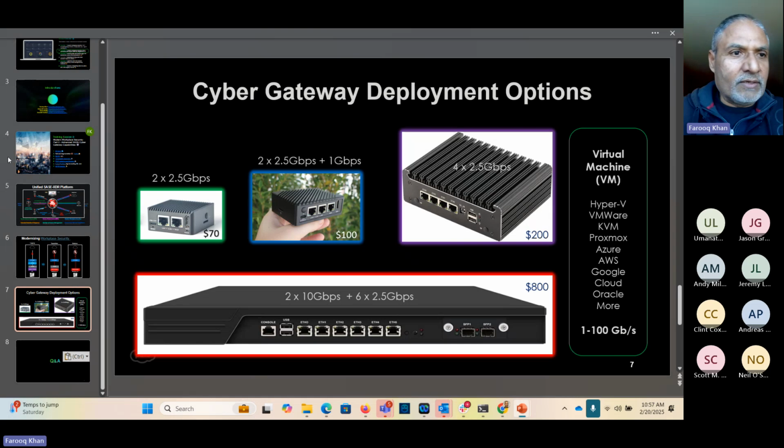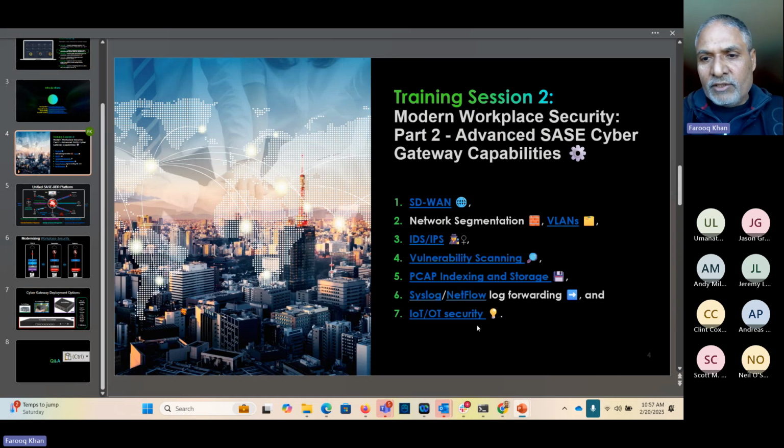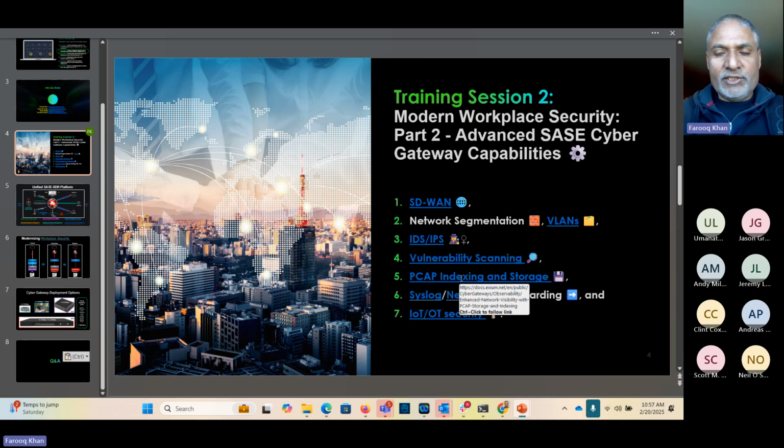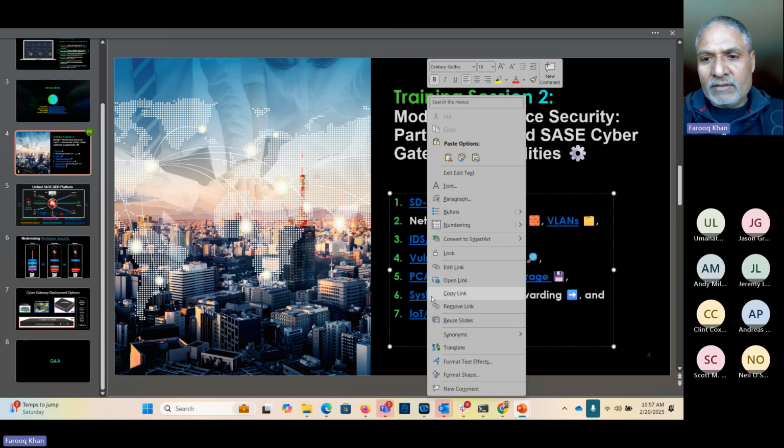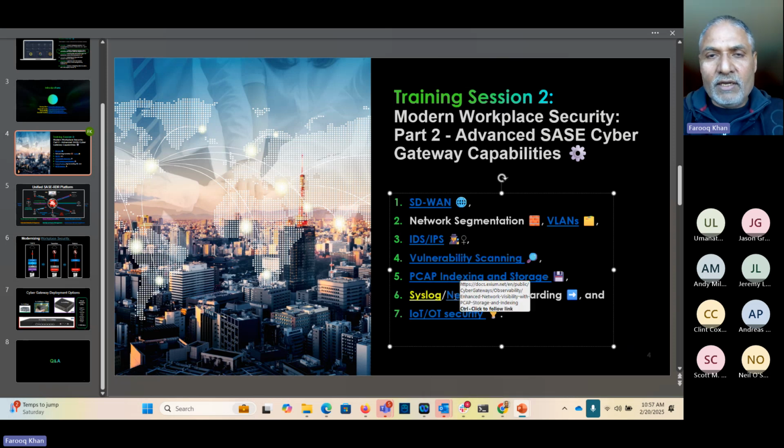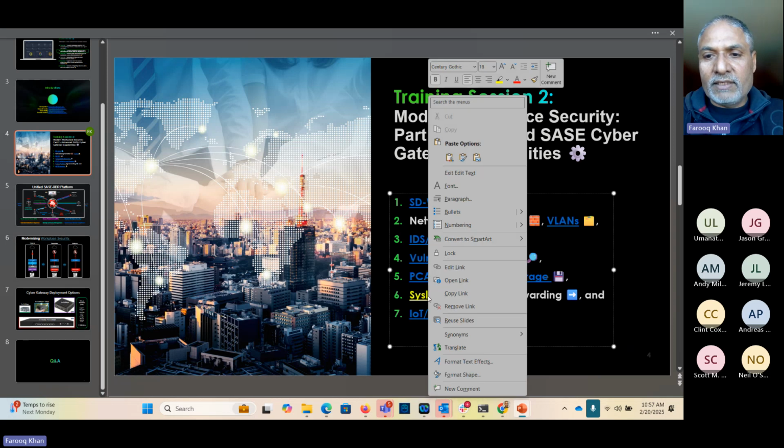Now let me go back. There were a few other topics. Yeah, we can also see you can do a full packet capture, that's also supported. There's a UI. If there's something you want to troubleshoot, you can just do a dump from the console, you can select, give me a 30-second dump. And with the graphs and everything, it will nicely show what is happening, where traffic is originating, where it is going, and so on. And similarly, Cyber Gateway has another functionality because it can also act as a